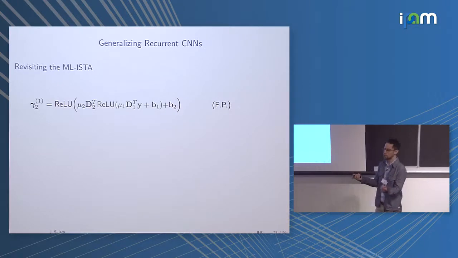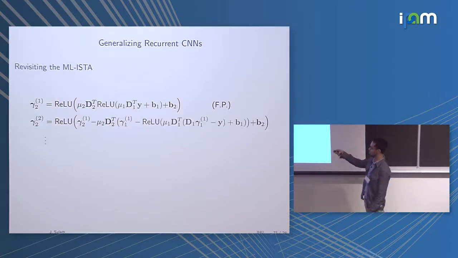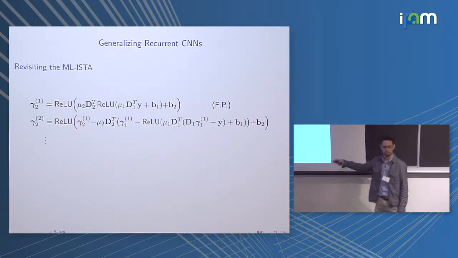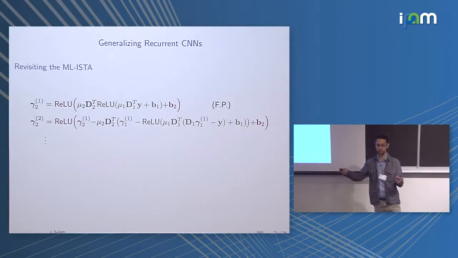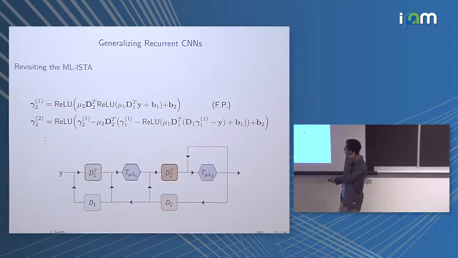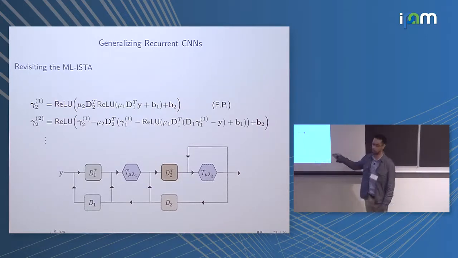Now, we don't have to stop at the first iteration. We can keep on going and compute the second, third, fourth, etc. So this gives us a way of generalizing the way that these innermost representations are computed by a neural network. And if you want to put this in a pictorial form, basically what we are doing is just computing representations with this recurrent network.